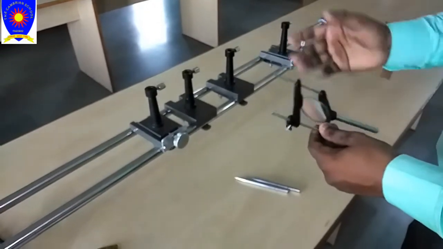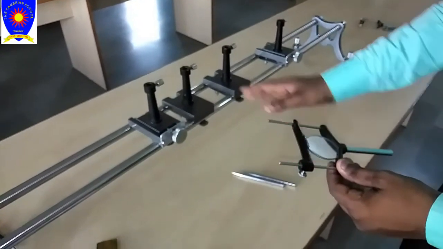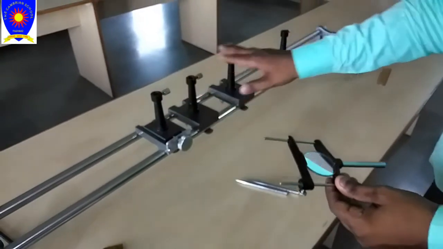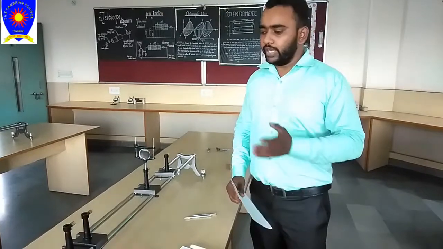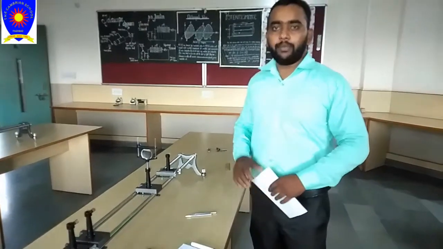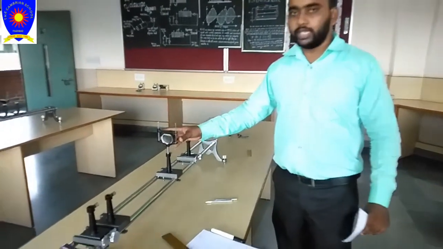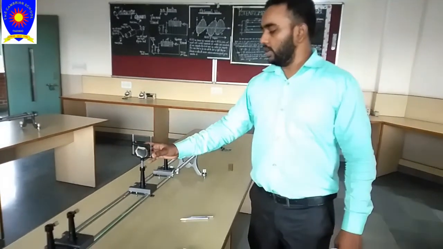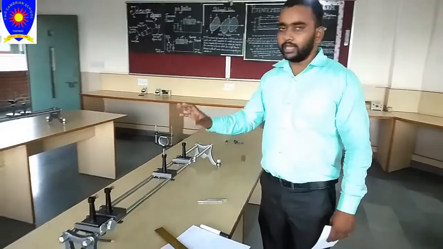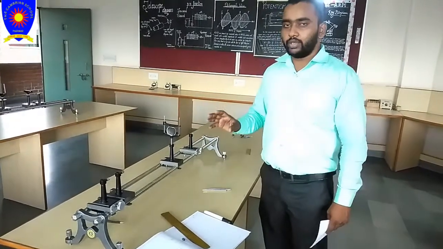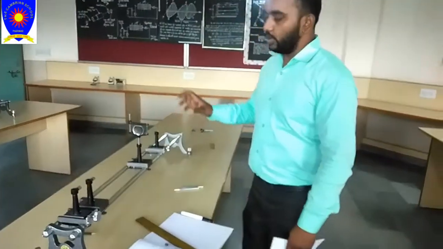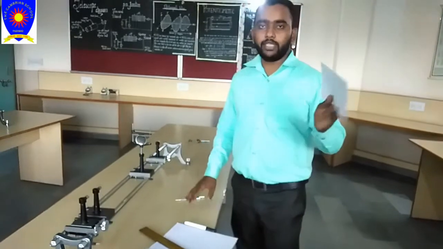Now the mirror and needle are on the top of this stand. So in the initial condition, firstly we have to find the focal length of this given concave mirror, and this is a rough focal length. This is not the actual one, but a rough focal length. So firstly we have to find a rough focal length with the help of this paper sheet.